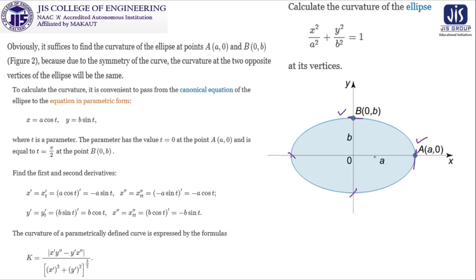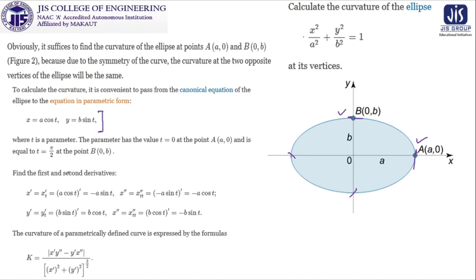Just the rule we have shared before this slide, that x is equal to a cos t and y is equal to b sin t. If you substitute here, you will get a square sin square t plus b square cos square t, over a square cos square t plus b square sin square t. A square cancelled out, b square cancelled out, so sin square t plus cos square t, which is 1. So this is the correct parametric form of this ellipse.